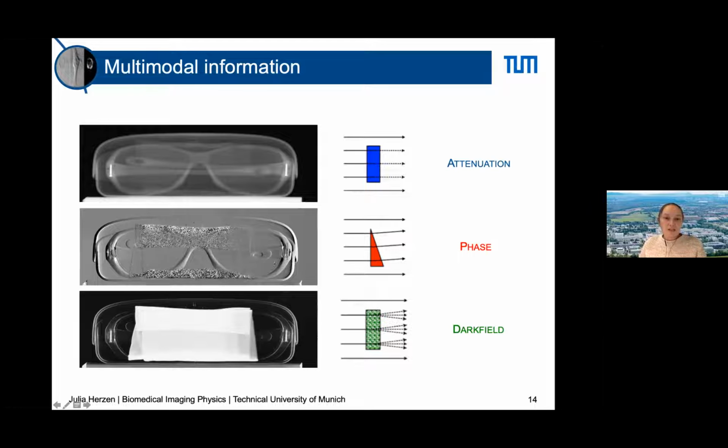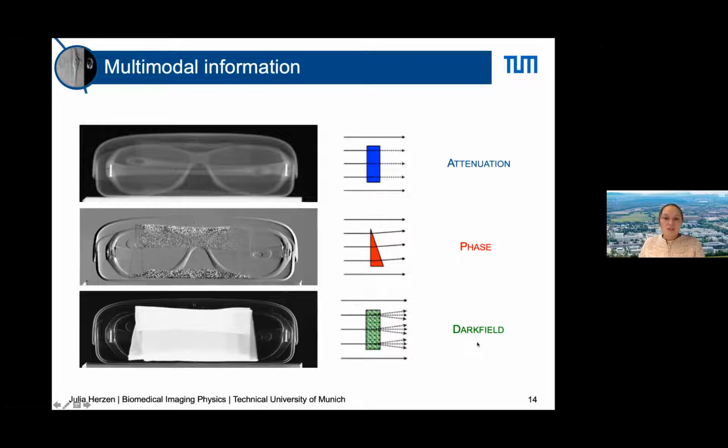And the last signal which we can also get out of this data analysis, so from the same set of images, we generate these three images. We performed, as I hope you remember from the last slide, this scan of the analysis of the interference pattern. And from this analysis, we calculate these three images. The image comparing the reduction of the visibility of this interference pattern gives us the so-called dark field, which is a number